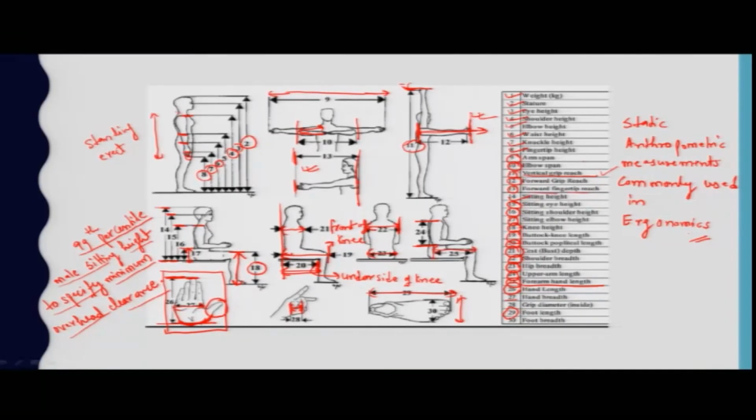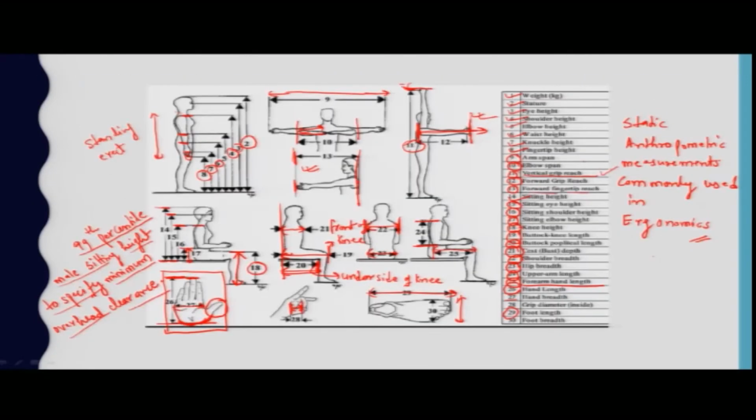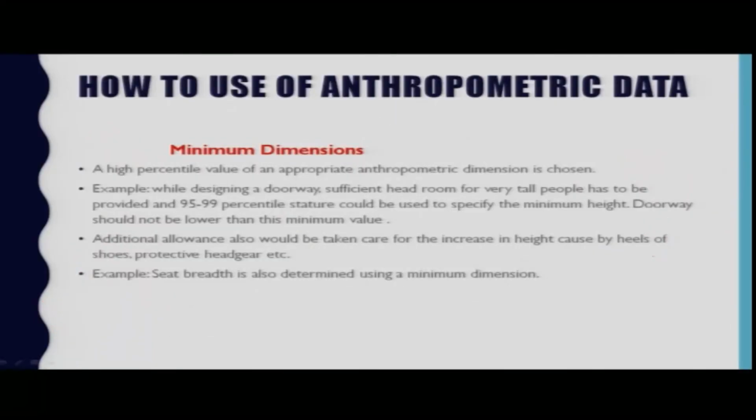So, that is very much important in order to predict the mean and standard deviation of various parts in a variety of population. So, that is the chart that we need to become aware of, what are the possible lengths and heights which can exist for the various posture of human being. Now, after having the knowledge of various static anthropometric measurement, we have to now see how we can utilize